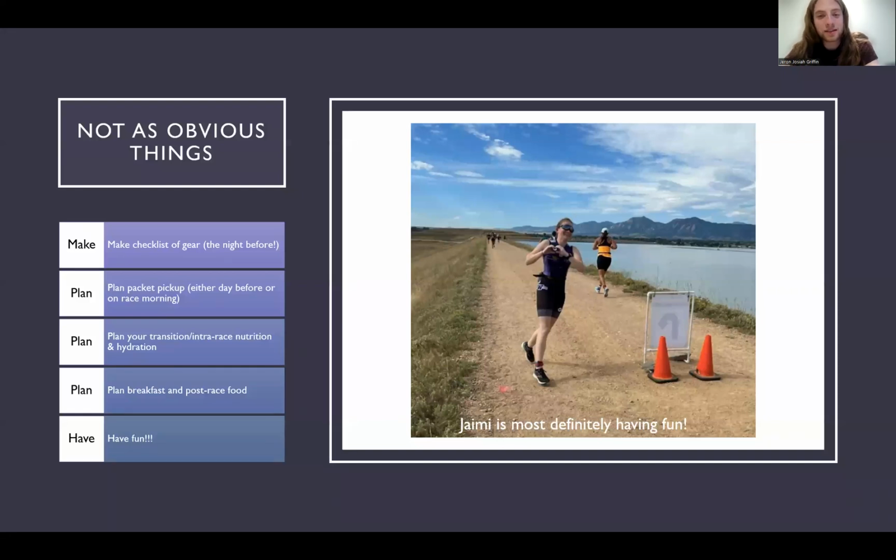Okay, so not as obvious things. Definitely highly recommend making a checklist of gear, the night before at the minimum. Usually I try to do it the week before, or I just have one, like I have mine that I wrote at the beginning of last summer that I used for all of my races.